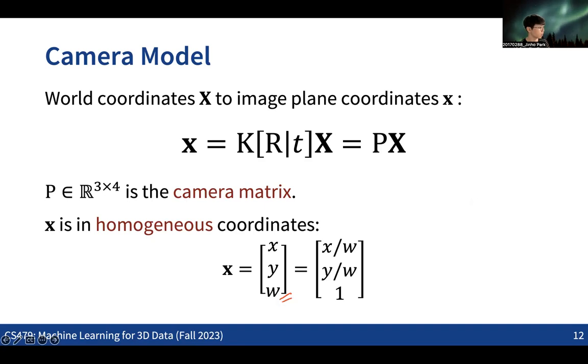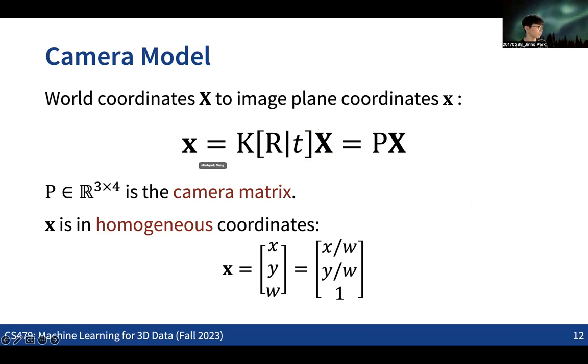So for the small x here, we are basically getting the homogeneous coordinates. This is the case that we are treating this 3-dimensional vector as the same as this vector. So whatever number we multiply or divide by for each of the numbers in the vector, we are treating them as the same vector. And the reason is that we are introducing homogeneous coordinates so that this 3x3 matrix becomes the projection matrix.